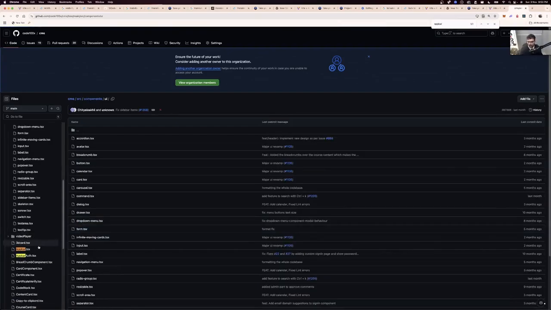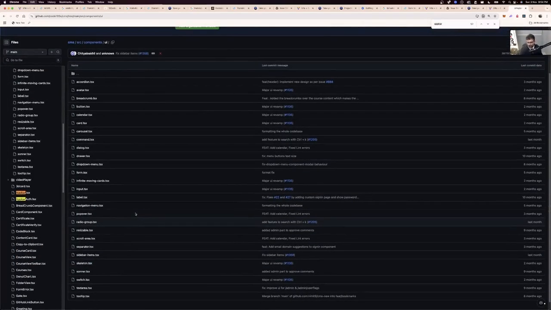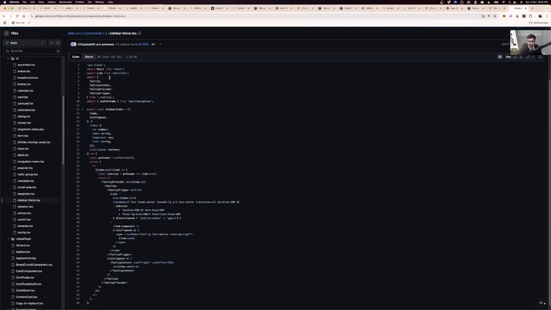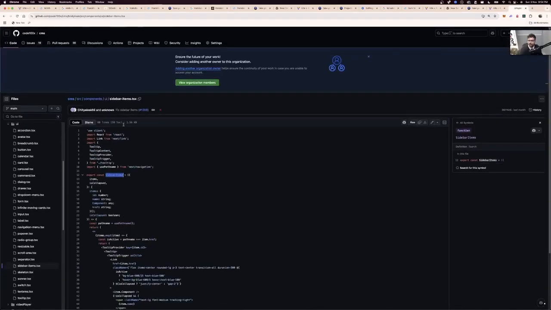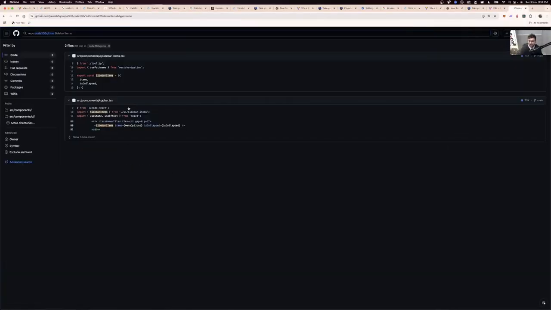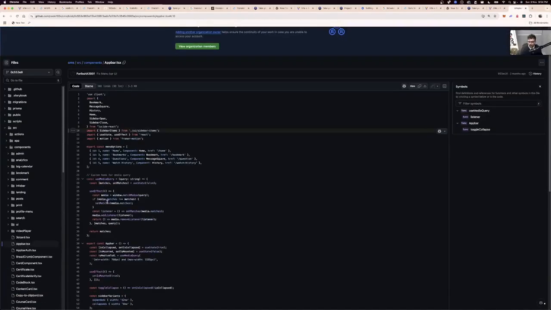App bar or nav bar, I don't know, one of these. Sidebar item. It's something over here. I just don't know which one it is. Sidebar items. Let me search through the code base for that. App bar. I think it's this only. And here